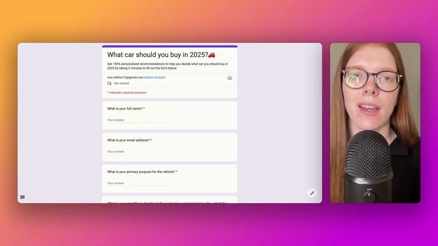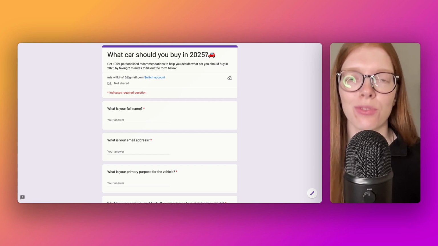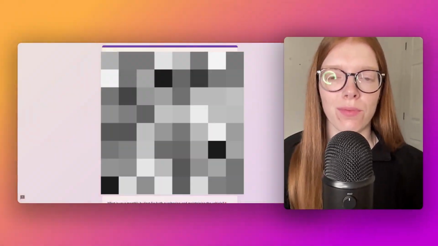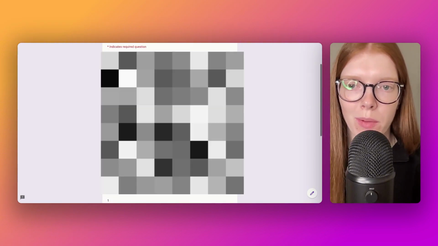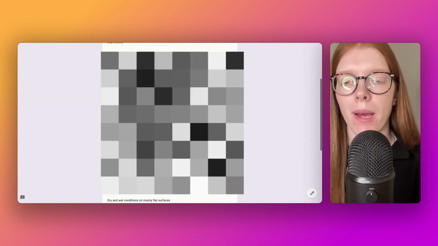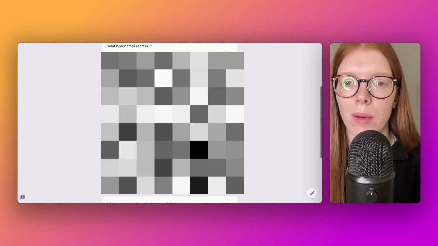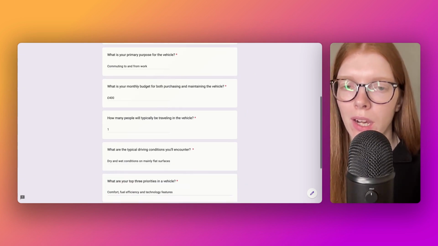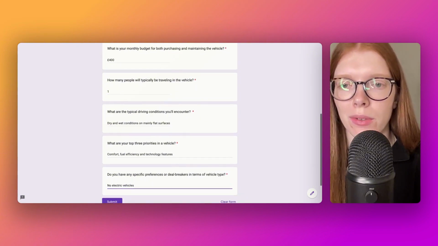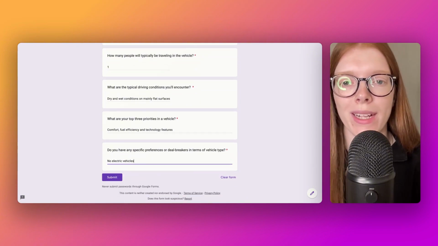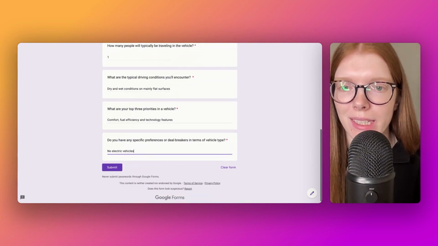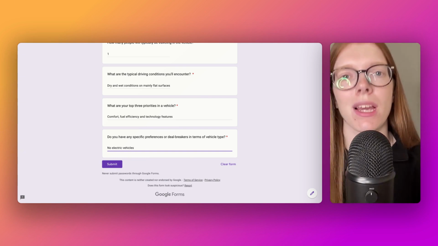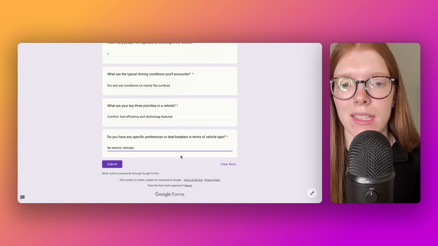So I'm going to go ahead and fill this out with some fake data now so we can have something to run through our automation. As you can see, I've now filled out this form: my full name, Mia Wilkins, my email address, the purpose for commuting to and from work, my monthly budget for both purchasing and maintaining the vehicle is £400. Only one person typically travels in the vehicle. I usually drive on dry and wet conditions, mainly on flat surfaces. My top 3 priorities are comfort, fuel efficiency, and some technological features in there,